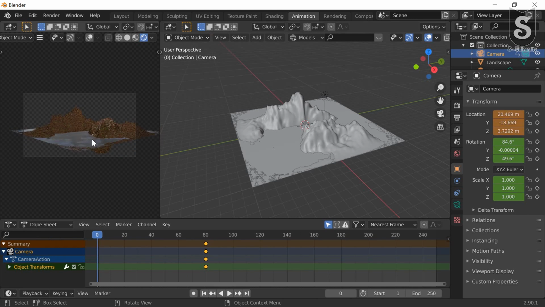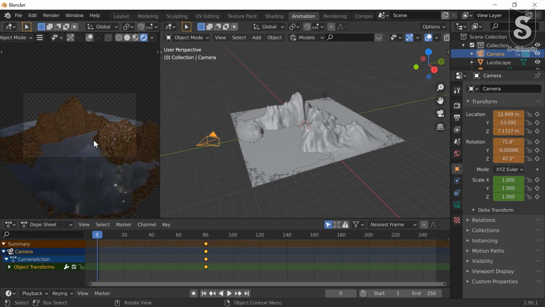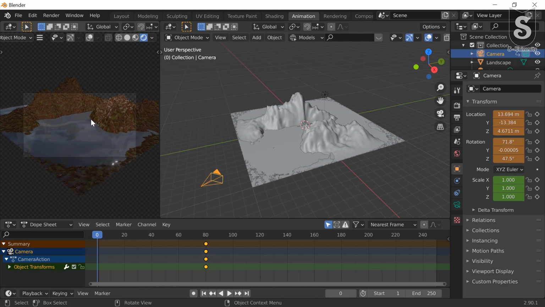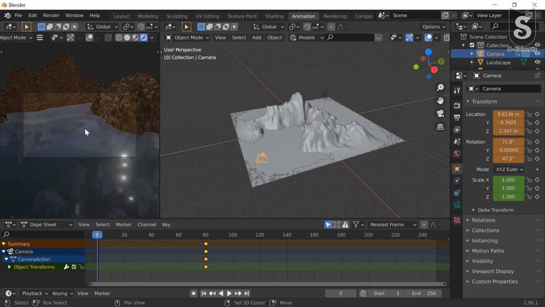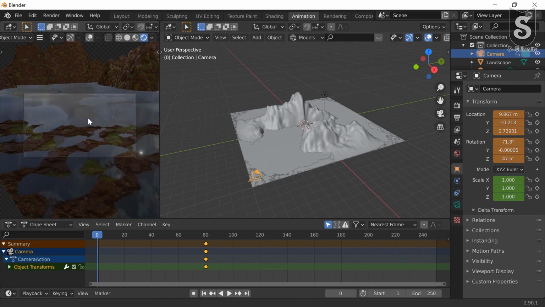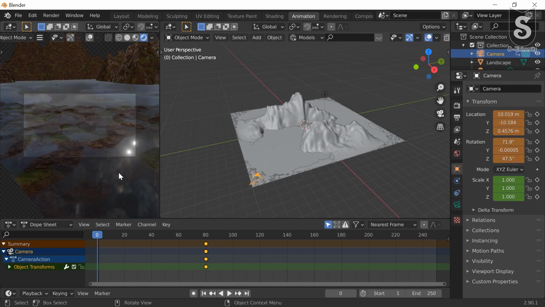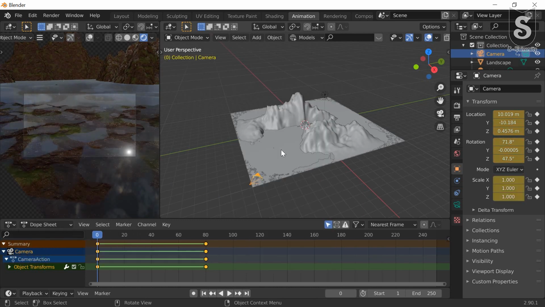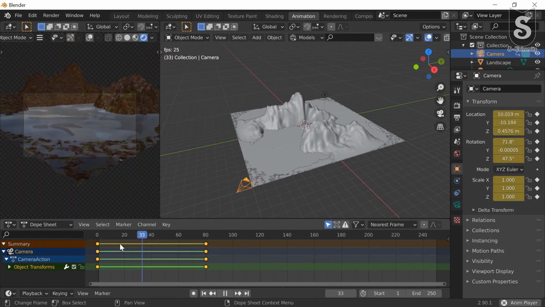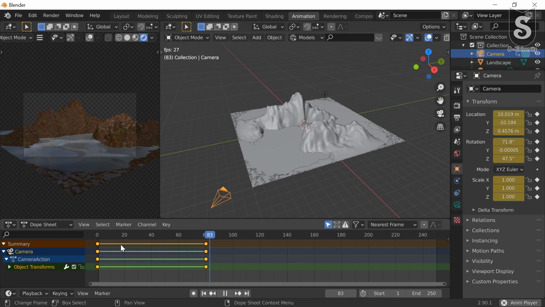We are moving our camera like that. Okay, insert keyframe by pressing I, location, rotation, scale. Now see what it looked like. Okay, it looks quite good.